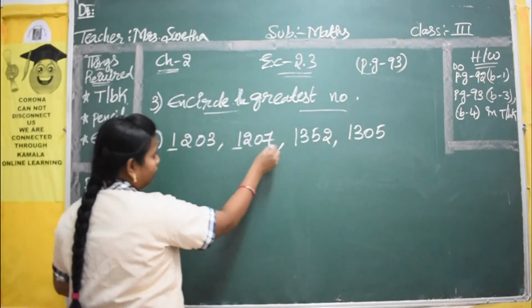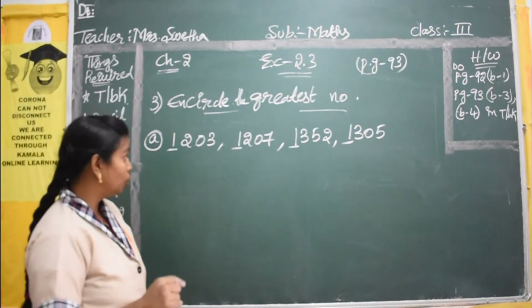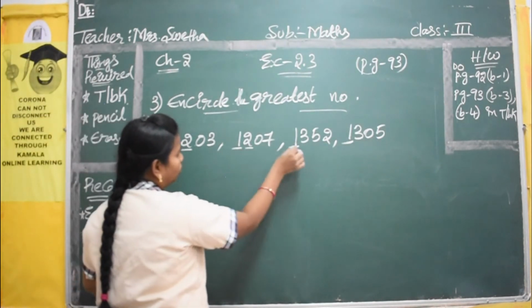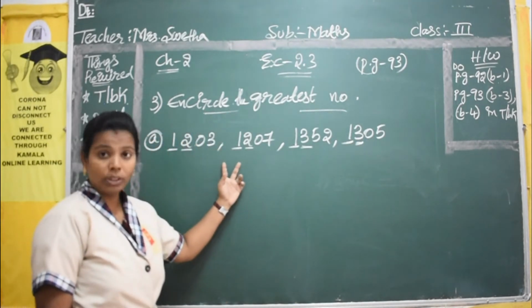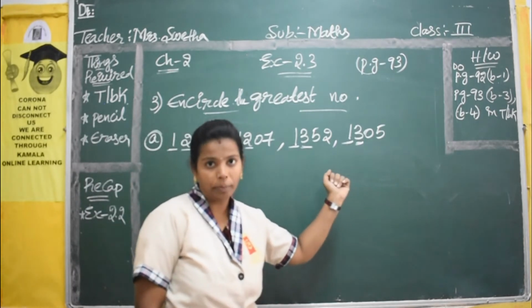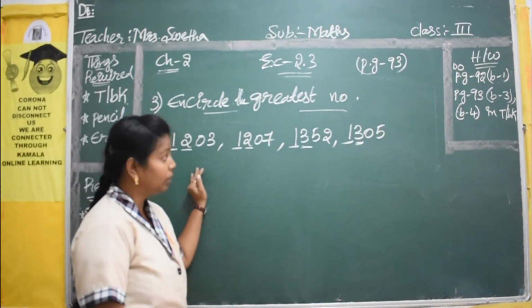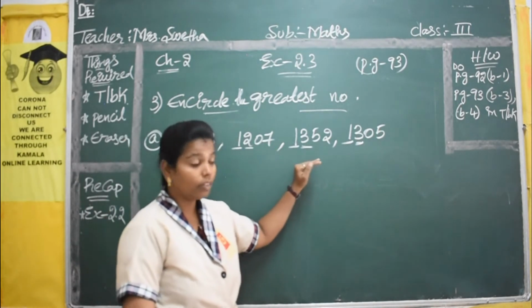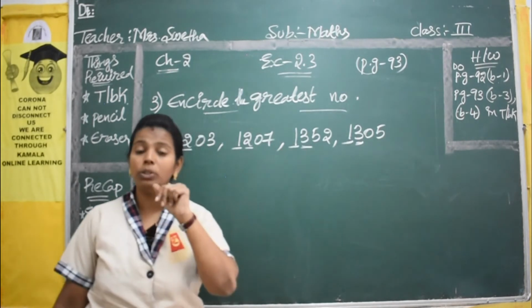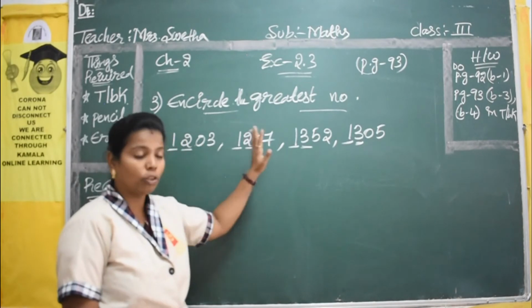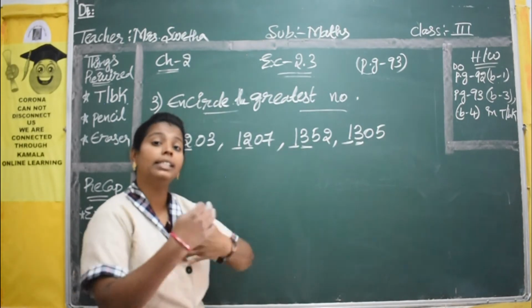1, 1, 1, 1. Here the first number is the same in all the sets. So go to the second number. 2, 2, 3, 3. So here you have 2 sets of 2 and 2 sets of 3. From this 2 and 3, which is the bigger one? 3 is the bigger one. So the 2 is the smaller one, so we will leave it out. Now we will check from these 3s only which is the greatest one.